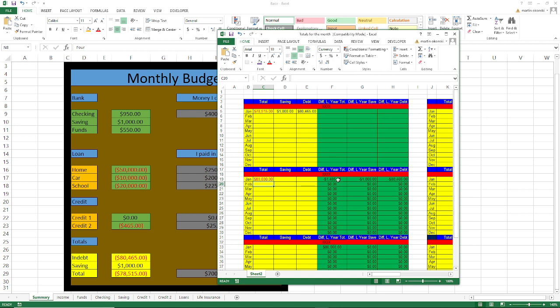So you went negative $14,085 for last year. And your savings, let's say you went to 1,000, let's go 5,000. And you made a $4,000 grant. And then your indebtedness is, let's say 85,000.